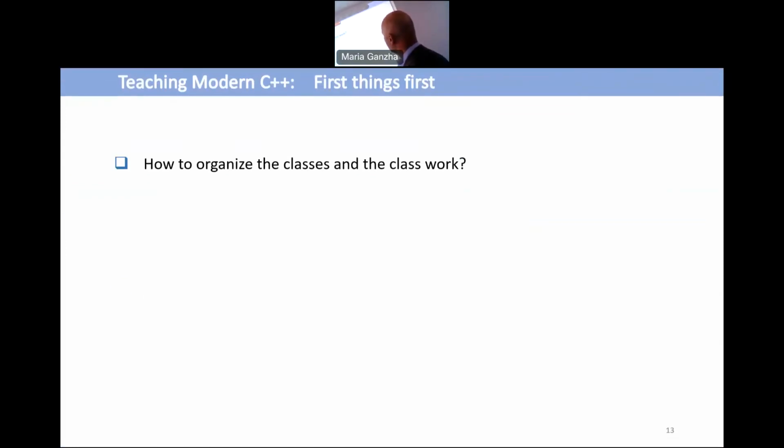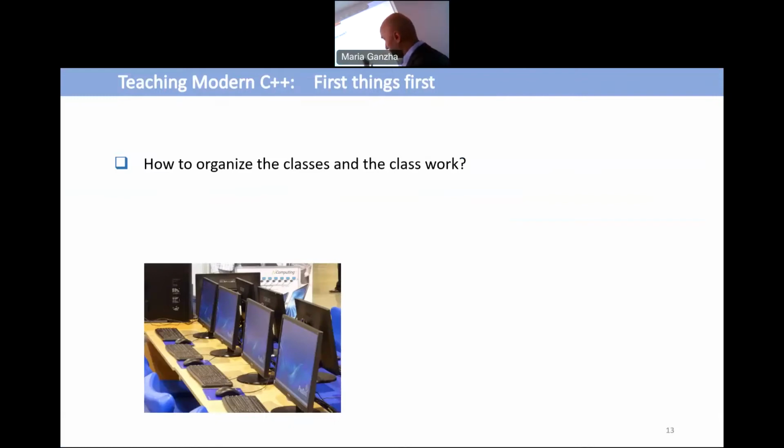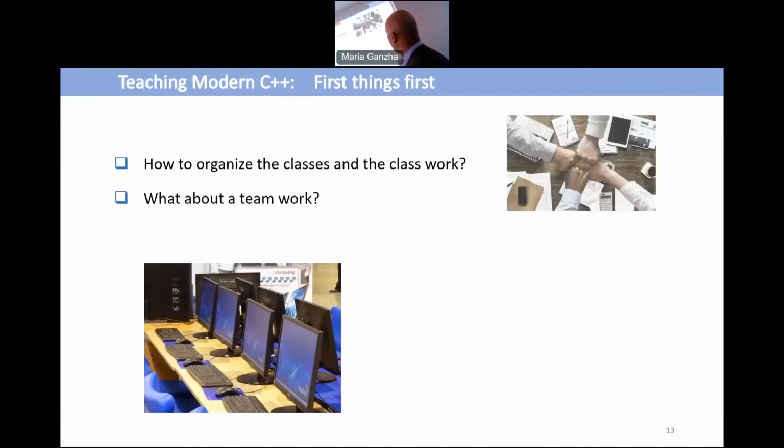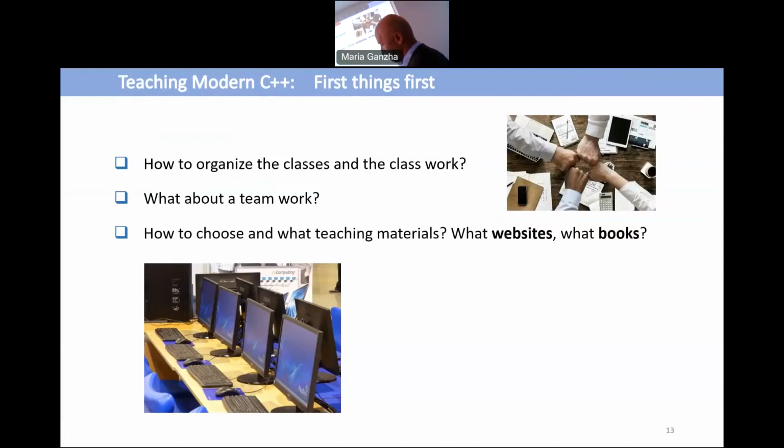How to organize the class and the class work? Certainly, we can have persons developing themselves. This is the first thing. But as soon as possible, we should foster teamwork, in my opinion. So people can, if they have this basic knowledge, but we have to be aware that the group is well balanced, so not only one person is writing the entire code and the rest is just sitting and watching.